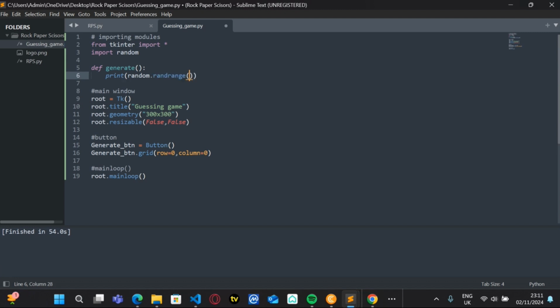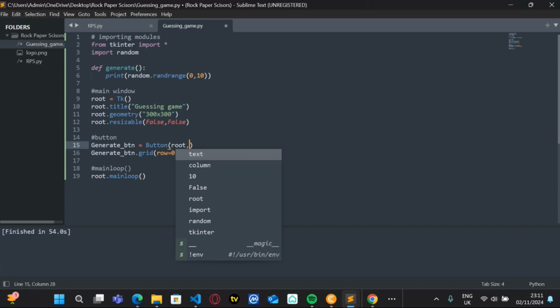So I'm going to set the range to be 0, comma 10. So let me save this and let me add the function to this button. So unfortunately I forgot to add that the program is in root. Text is